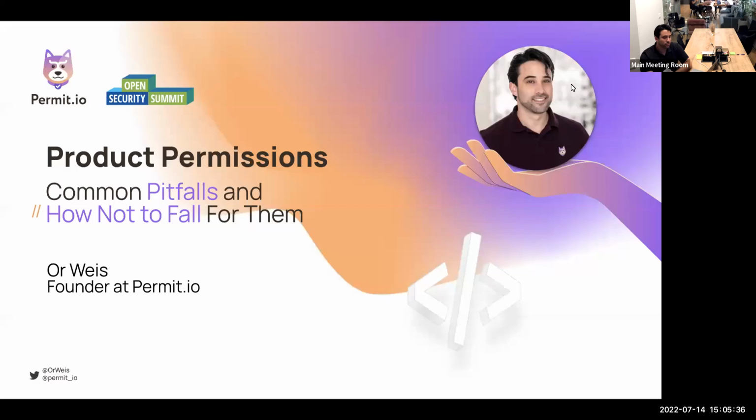Thank you very much, and it's a pleasure to be here. My name is Weis, as kind of stated before. My background starts in the intelligence corps in the IDF, where I was an officer and developer. I worked in a lot of companies, a lot of startups, a lot of cybersecurity, and then I co-founded a DevTools company called Rookout, in which I ended up rebuilding access control 5 times in a company that wasn't even 3 years old. And that brought me to create the company I'm working on now, Permit.io, which really focuses on